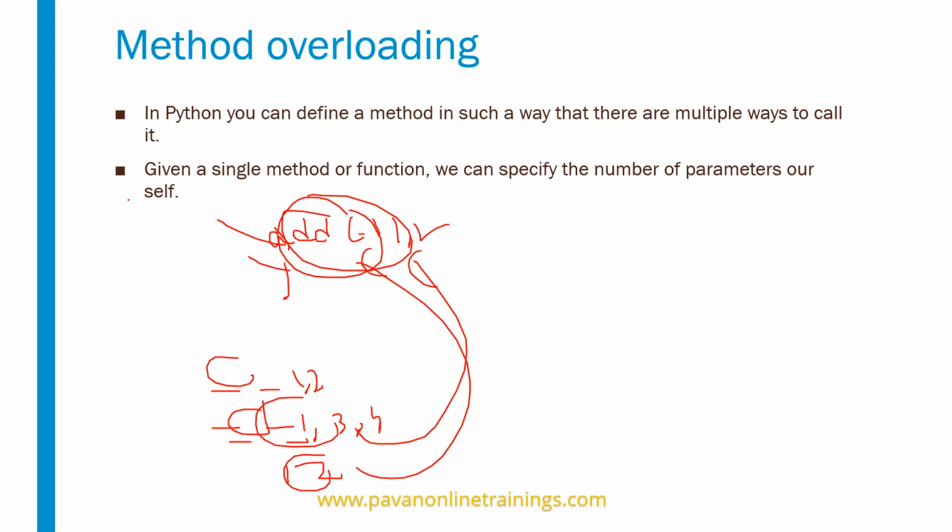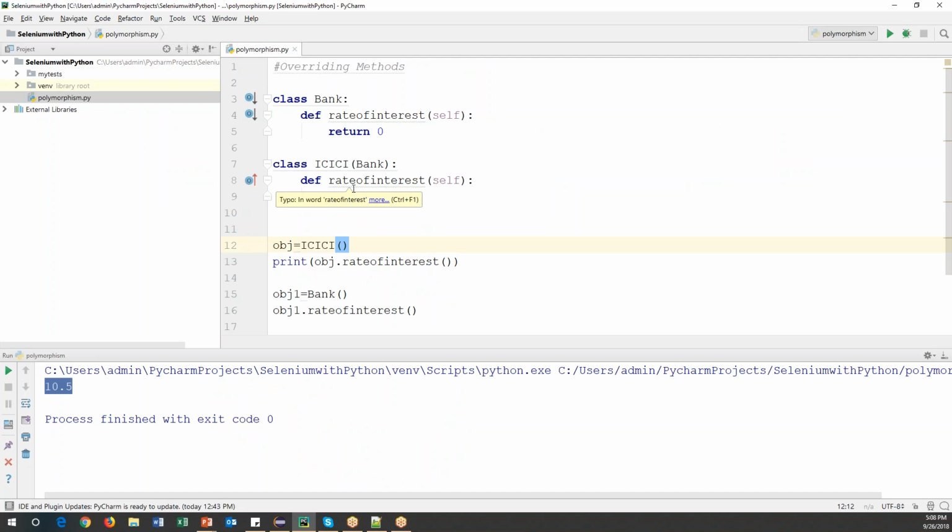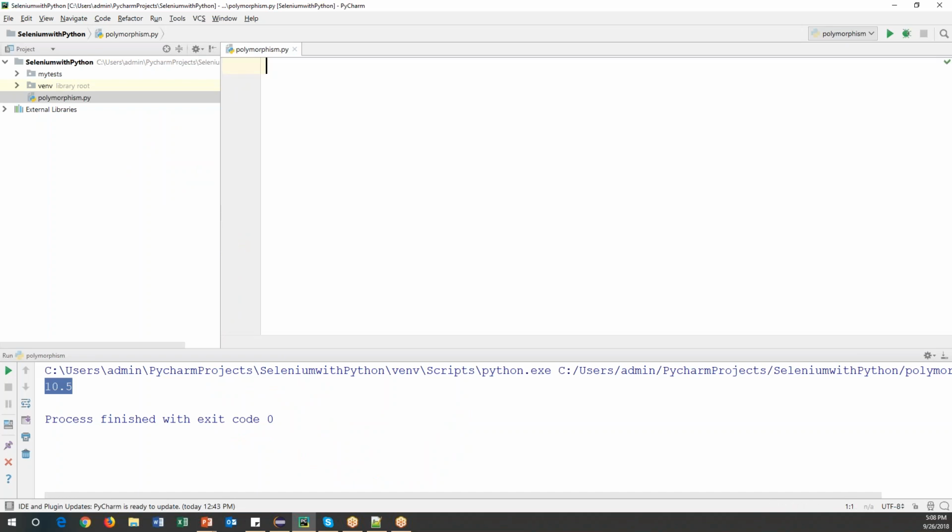Let's see a few examples on this. Let's go to Python one more time. I'm removing this. So here I'm going to show you one example for overloading: how to overload methods. To demonstrate this, I will create one simple class called Human, right? So in this class I will